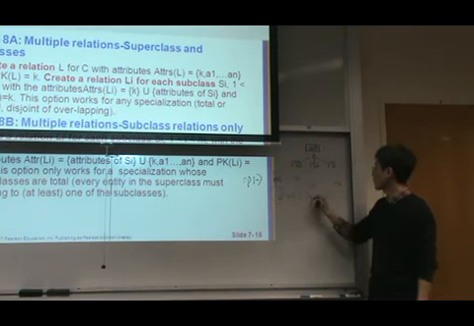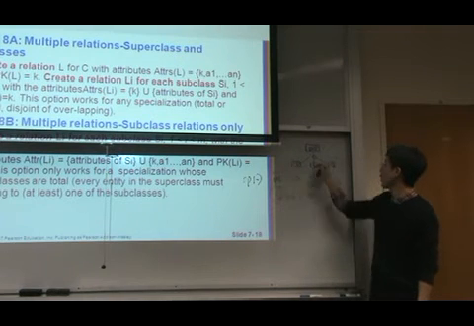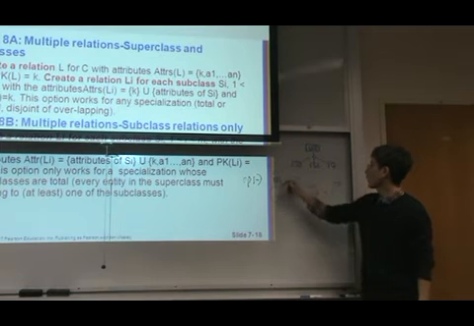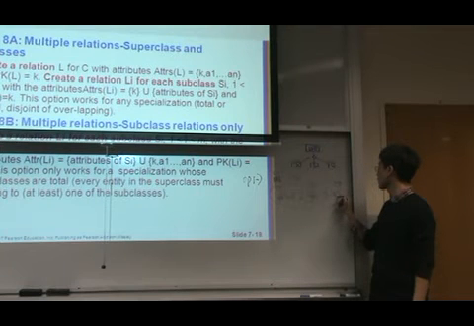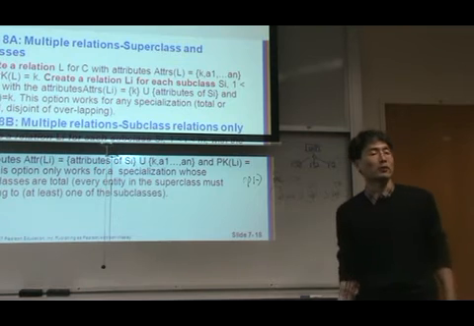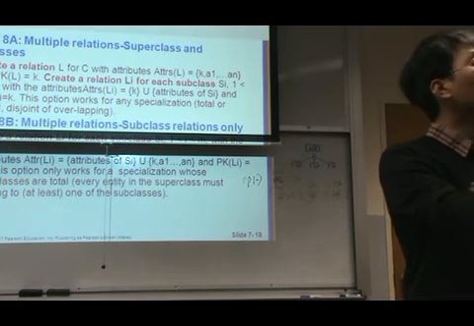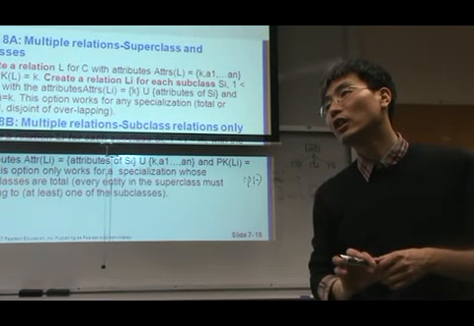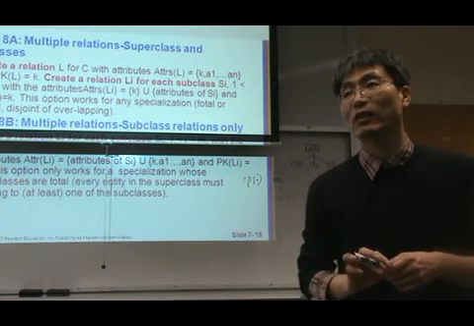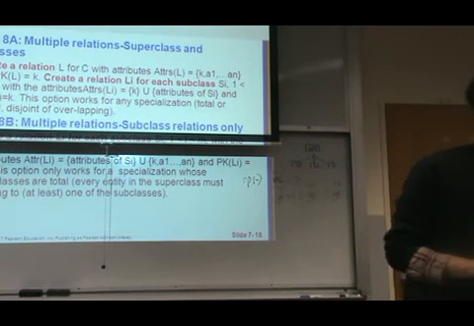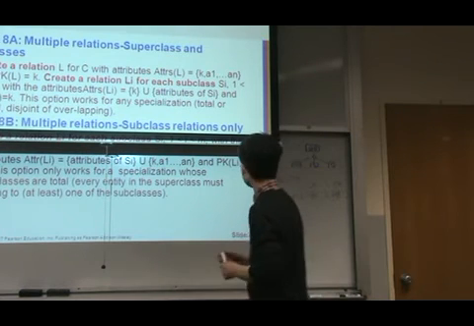Similarly, secretary, social security number, and attribute of this one, then create a foreign key. And engineer is the same thing, like this. This is the first option. First option, you can create one relation, one table for each class. Okay, then create foreign key. That is the first option. Second option is,